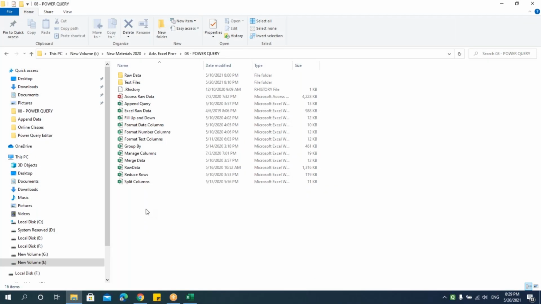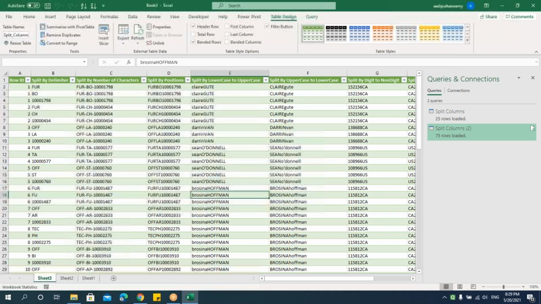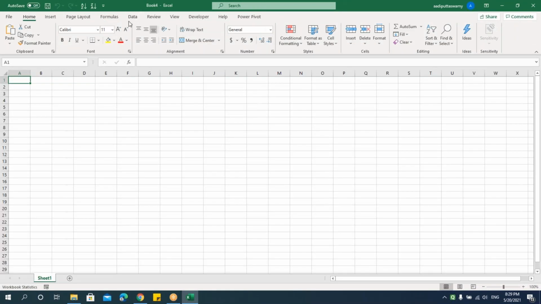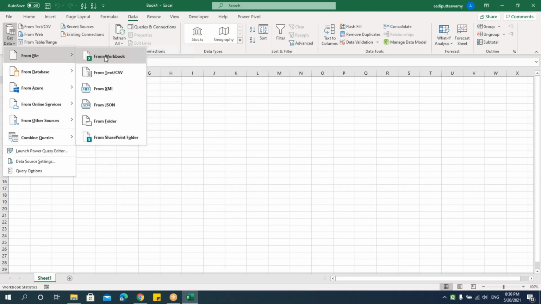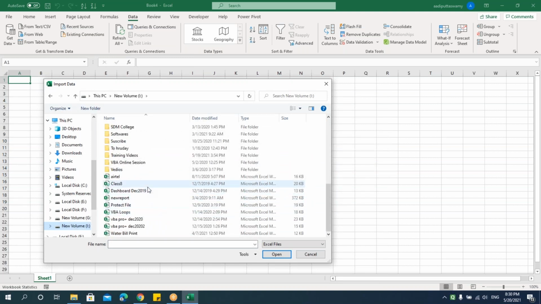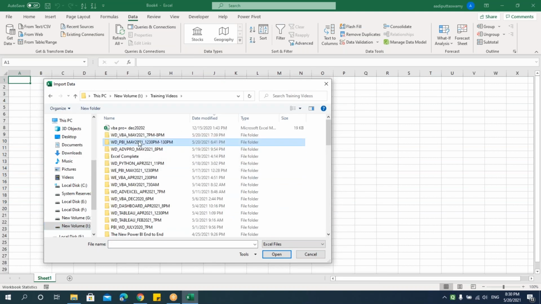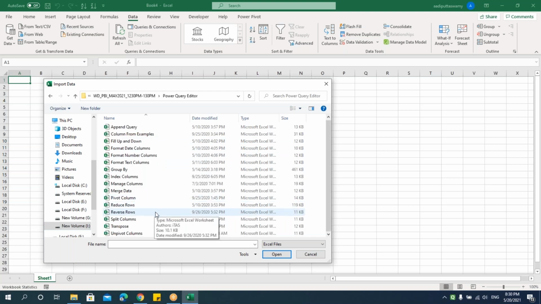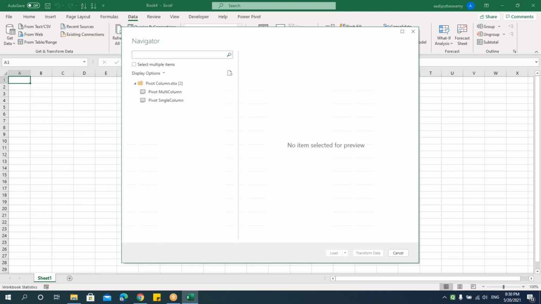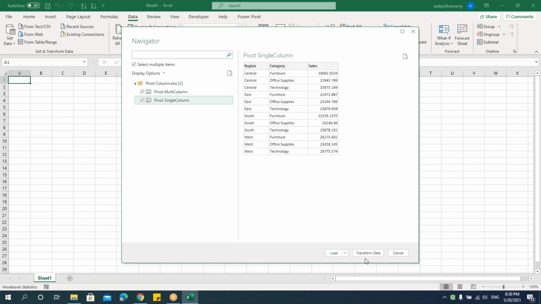Right. Next we'll see how we can use pivot tables. Let's remove this, I'll just close this. Let's go to this data and take the data from file. Let me take the data of pivot table, pivot columns. We can do the pivot tables in the Excel sheet itself, but we'll see how we can use this pivot option in Power Query Editor.